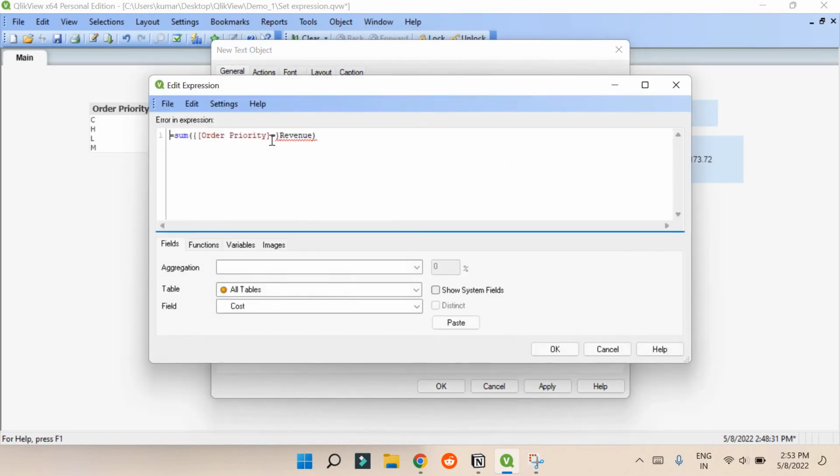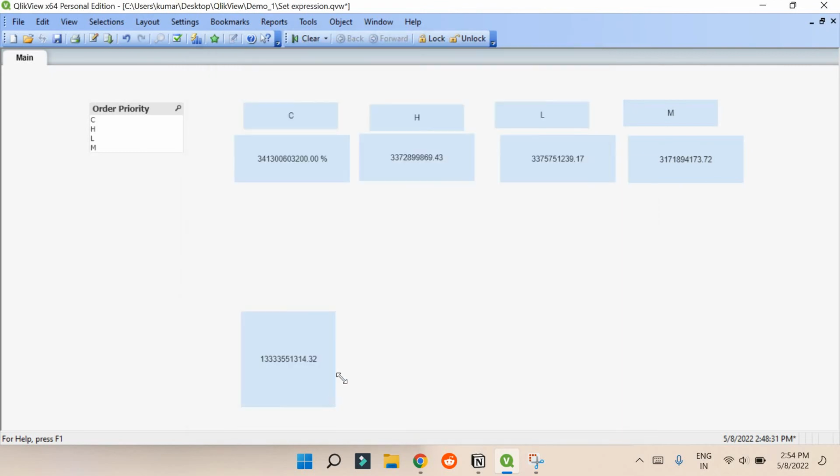So it shows we have an error here. Okay, I didn't put anything here. Yeah, now you can see that I just wrote order priority equals to. If you write like this, it means that you want to take the sum of all the revenues, but you want to ignore this field. So it's called modifier ignore. It is ignoring this order field. If I press OK and OK, it will show me the overall sales, and it will ignore this order